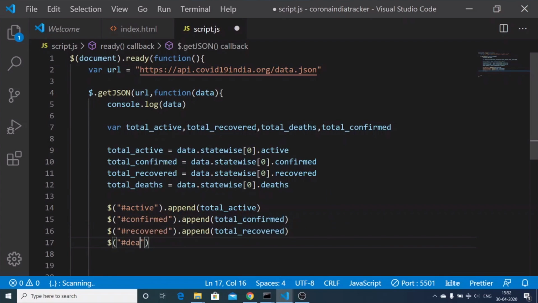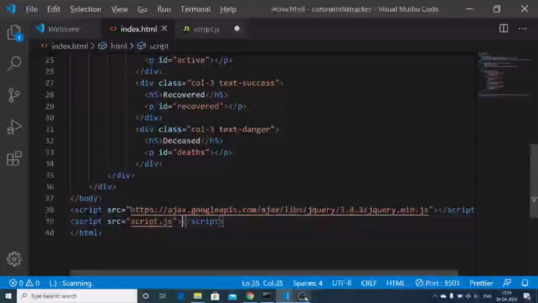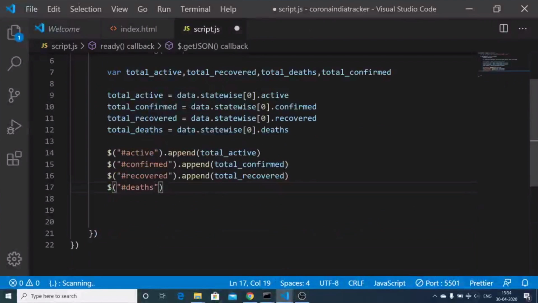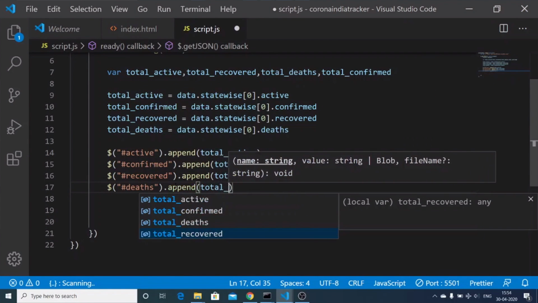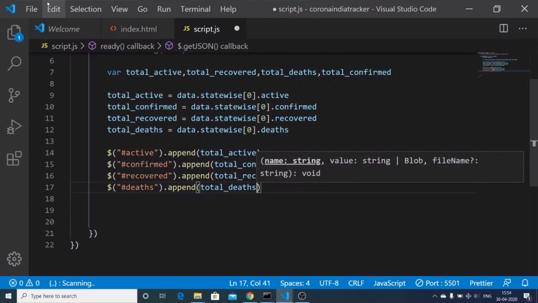And the last one we have is the deaths, and we can append this total deaths, like this.